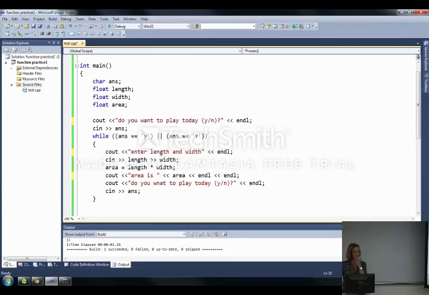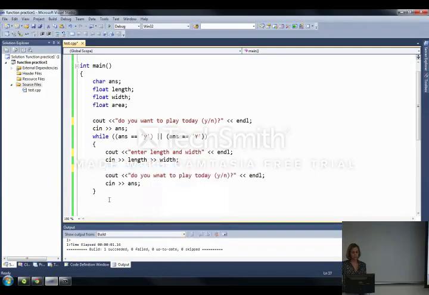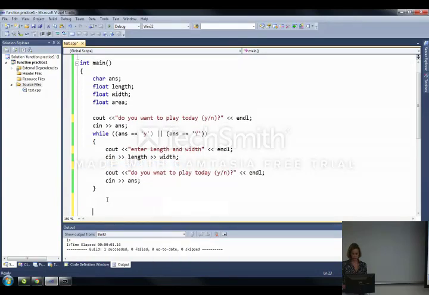Okay, so now this time what I'd like to do is move this code to a function, okay? So I'm going to grab the area code, and I'm actually going to write a function that displays the area. So I'm going to move this code down below to create a new function. And if the name of my function is DisplayArea, whoops, no spaces,